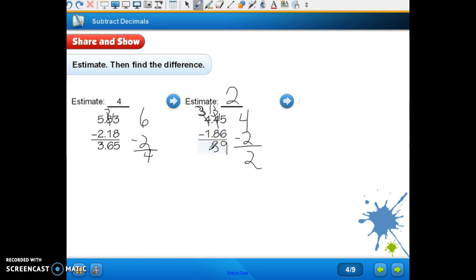Now we're ready to subtract our ones. 3 minus 1 is 2. Is 2 and 59 hundredths close to 2? Yes, it is. Okay. I think they're going to give us one more here. And this is number 3. We're going to go ahead and estimate this to be 4 minus 2, which is 2. We're going to have to do a little regrouping. We're going to have to go clear back. 8, 7,